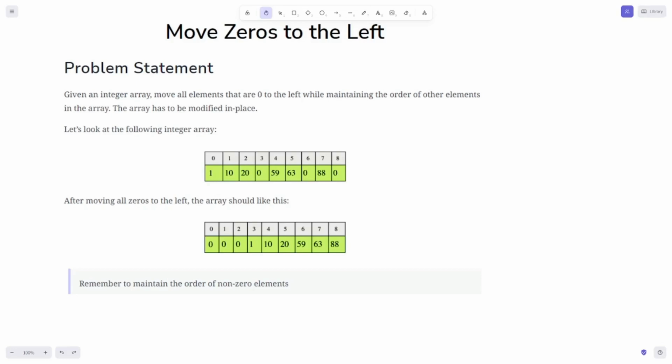Hello everyone, let's look at this interview question. It's not on Leetcode, but it will be found on interview questions, particularly Meta interview questions, one of the top questions they have, and it's move zeros to the left. The Leetcode question is move zeros to the right, but this one's to the left and it's a little more